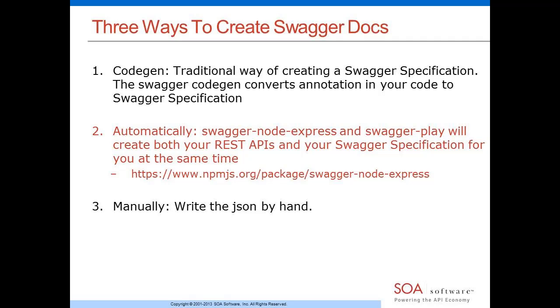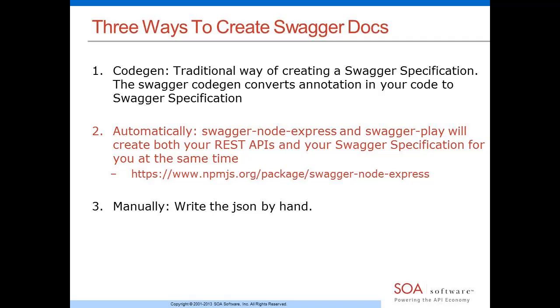I'm going to skip over to the third one. The third one is you can write the JSON specification about your API by hand. I did that, but like I said, I'm a messy coder. I don't like to do all of the parentheses and the colons, and you can do it. Looking forward to the Swagger editor. The second way, which is the way I did it because it seemed a lot more fun, and it was